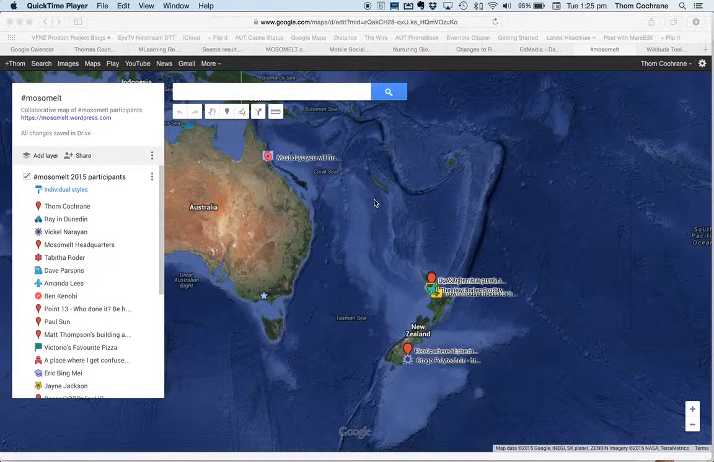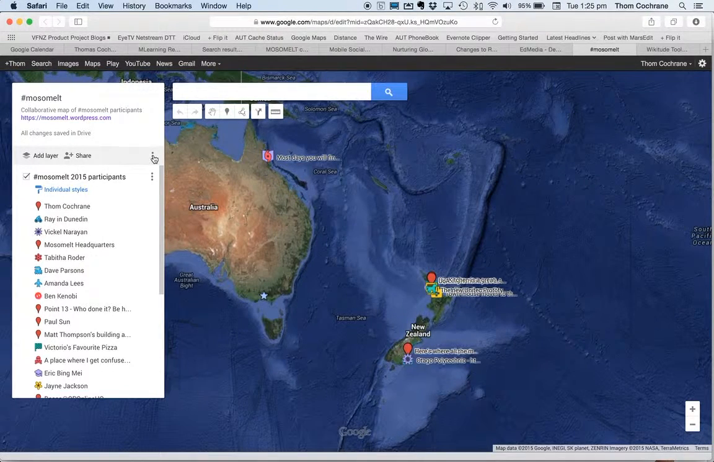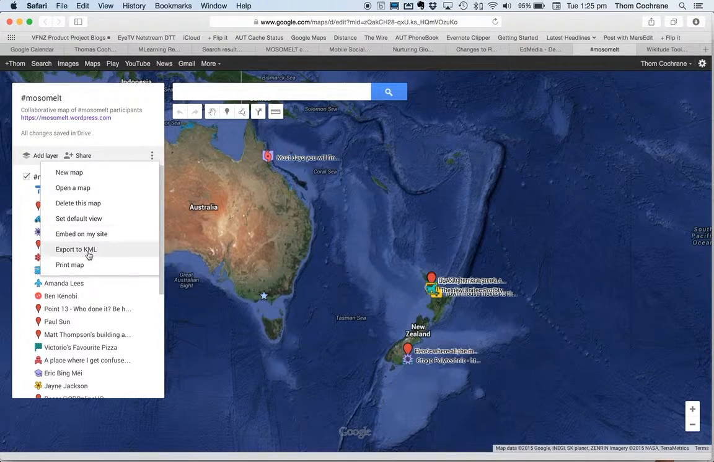Hey, we're just going to do a quick tutorial on how to use Google Maps to create a Wikitude world. So I've just loaded up here our Mosomelt collaborative Google Map, and on the Google Map itself, if we click on these three dots here at the top of the map, we can export to a KML file,